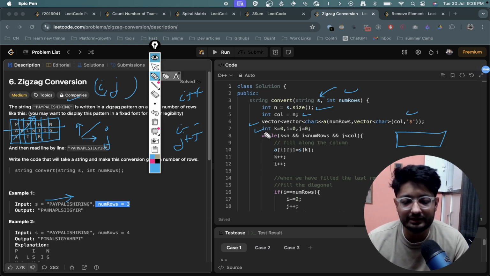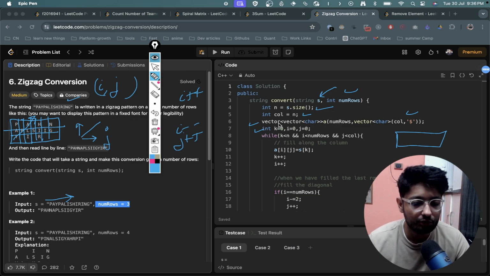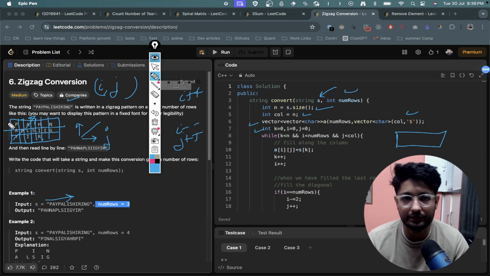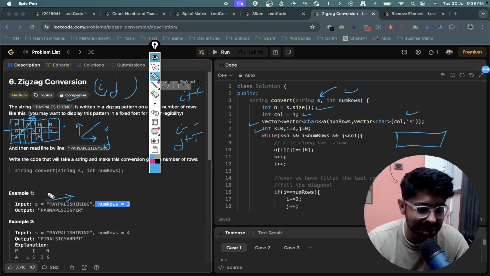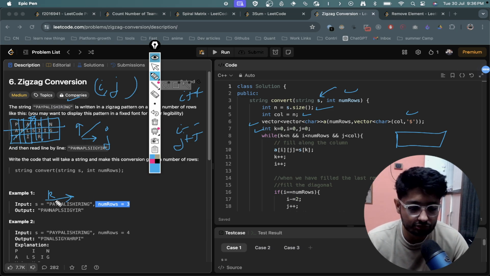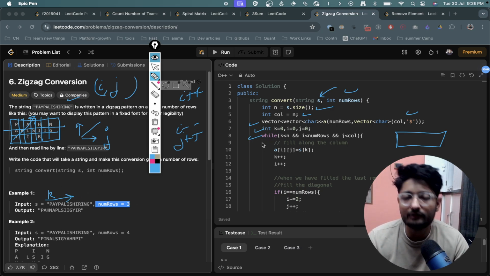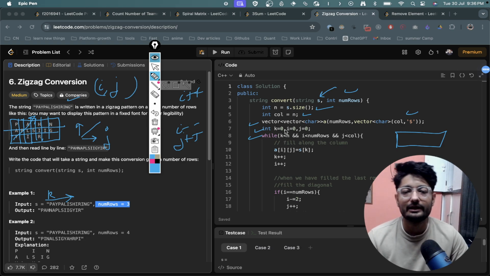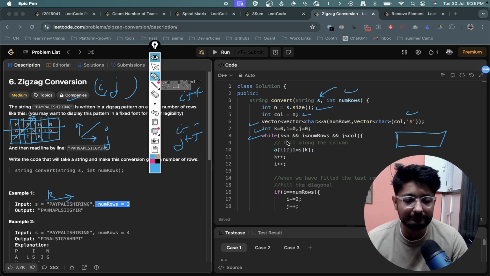Now we have three variables: i and j define which cell I am on in the new matrix that I want to fill, and k defines which character of the string I am on, because I have to take every character one by one and insert it inside this pattern. We have to keep on doing it until we have exhausted all the characters of the string. So we have taken this. Now we have a while loop, and this while loop should keep on going until my k, the number of characters I still have to fill inside the matrix,